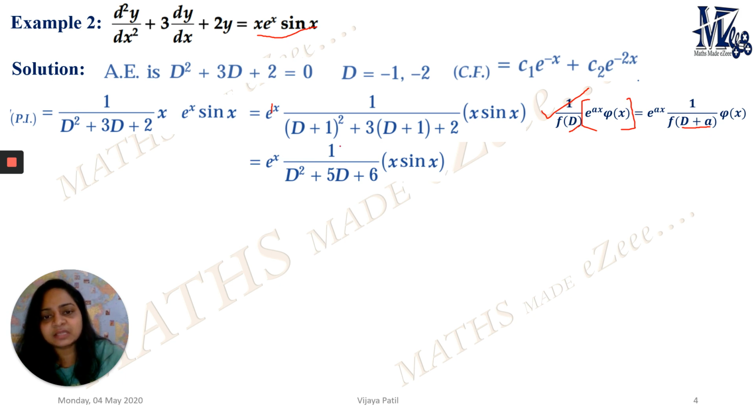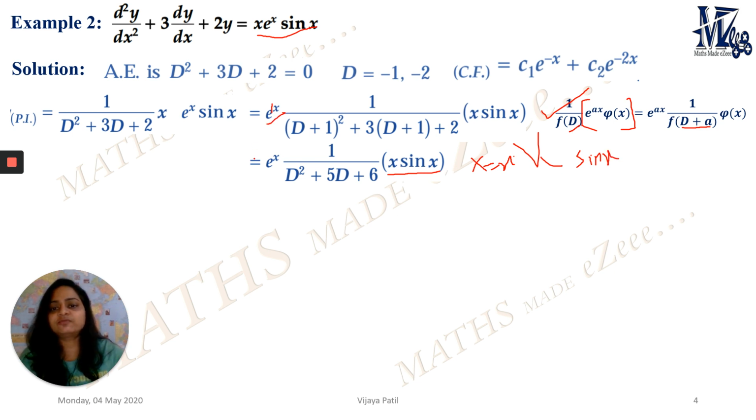What is it? It is nothing but getting replaced, by adjustments and expansion of the terms, as e to the power x 1 upon D square plus 5D plus 6 on x sine of x. Now what we are dealing with here is this. If we observe, in the present case x into sine of x is the kind of function we are dealing with. Capital X is given to you as small x into v. Now what is v in this case? v in this case is sine of x. So now we will deal with it.